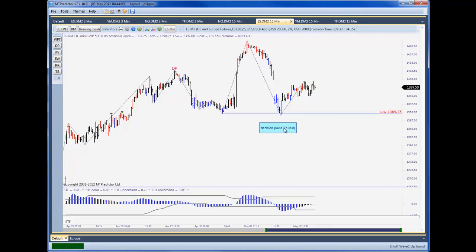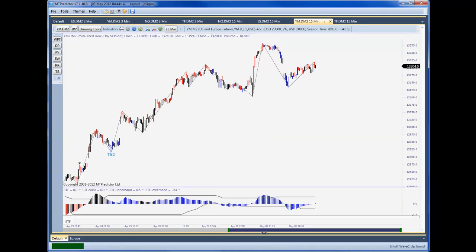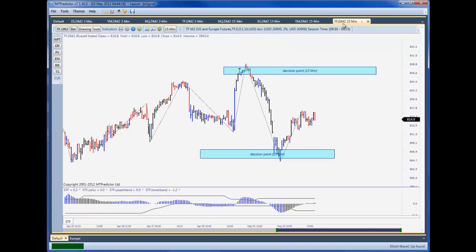Didn't quite reach our DP support zone. The YM was sort of in the middle of nowhere, so it wasn't a clear picture. However, the one that I like the look of was the Russell Index, and this was a similar picture to